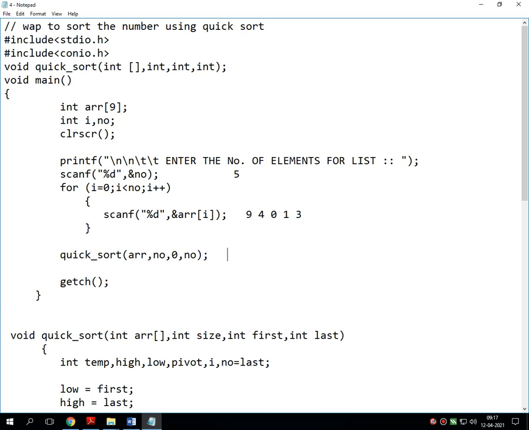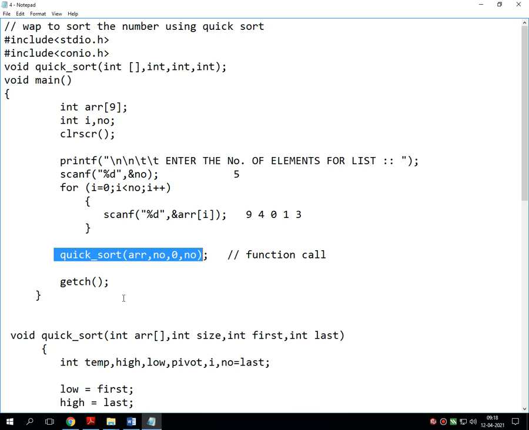Then there is a function call. This function call is actually the initialization of sorting the numbers. So in the function call, the name of the function is the same as I have written in the function prototype. Then this unsorted list is passed in this array. The number is the size. This 0 is the first, the lowest value, and number is the total, the highest value.